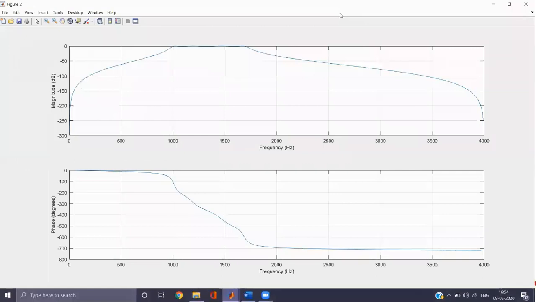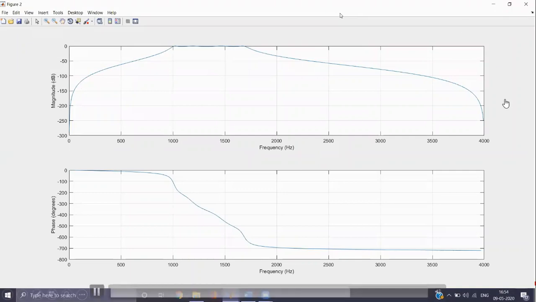So we can see there are two transition bands, one pass band and two stop bands. This is the pass band. 1000 to 1500 is the pass band of the band pass filter. Again, since we are designing an IIR filter, we can observe non-linearity in the phase response.